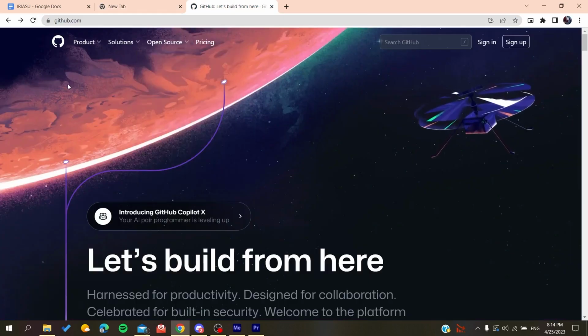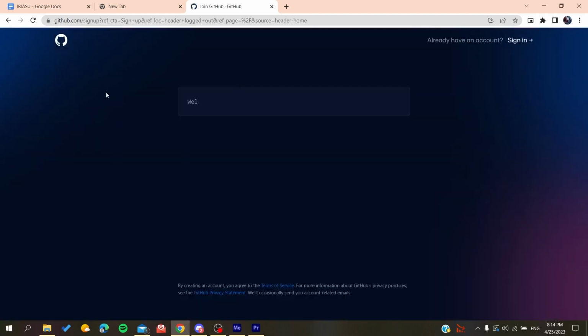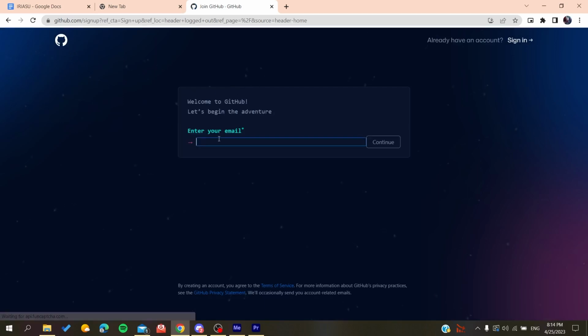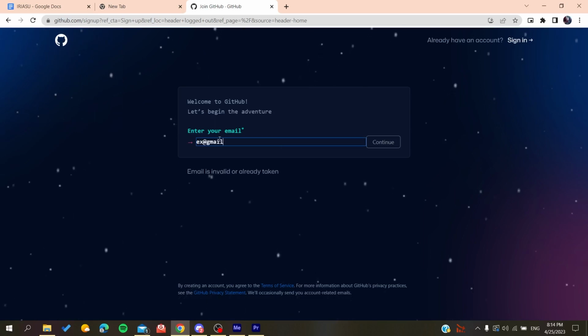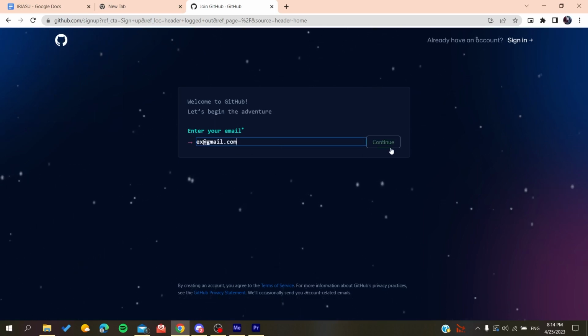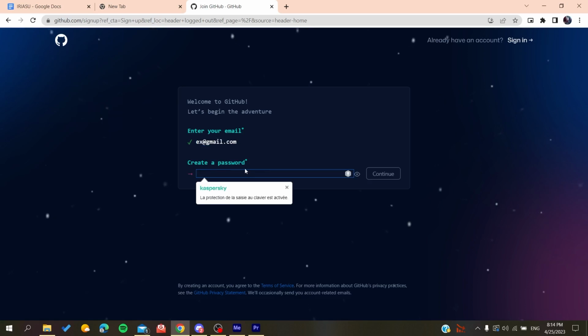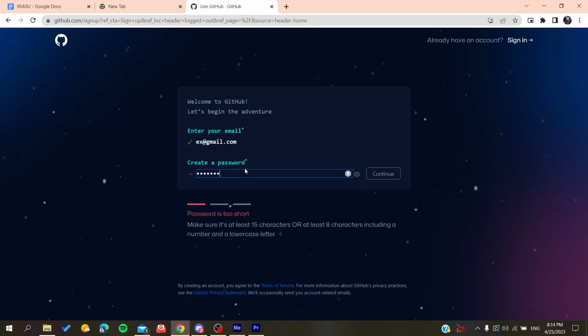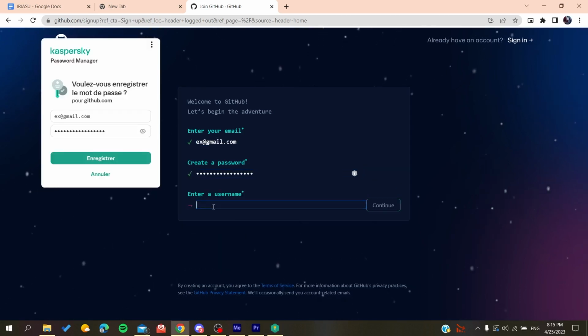And now we will need to create an account so we can use the GitHub services. So basically all we need to do is click on sign up and then it will redirect us to the sign up page. And now you will need to add your email, then gmail.com or any other email that you are using. You click on continue, you create a password. So if it was anything like that, you click on continue and then you will add a username, for example